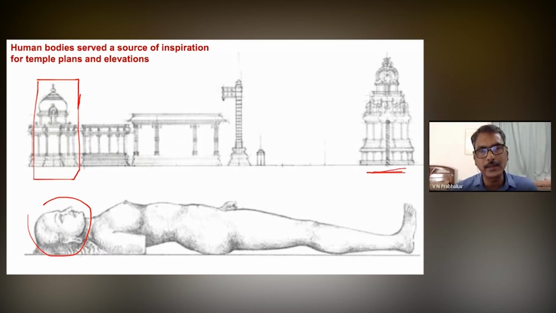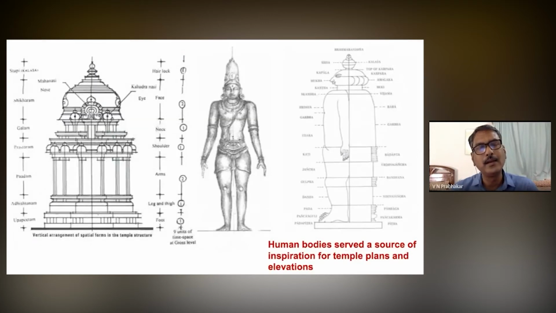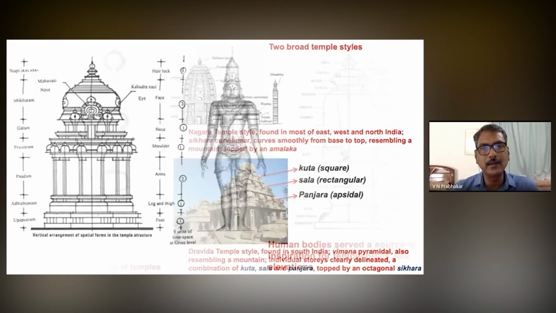So this is the kind of symbolism which they have adopted, and similarly they have translated it to the vertical portion of the temple, and they have named each and every portion corresponding to that also. So even in the case of South Indian temples, like this is a Dravida Shikara and this is a North Indian style, everywhere they have the same sort of adaptations, and ultimately they have tried to personify the human form within a temple in a horizontal as well as a vertical format.